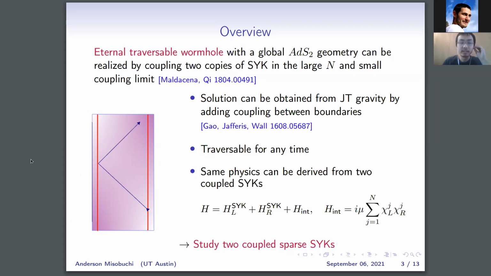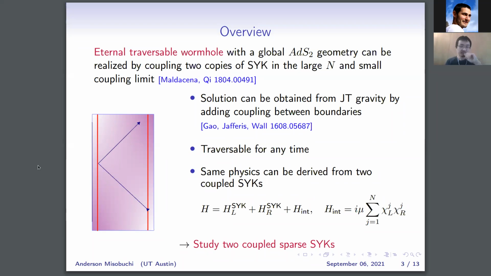This global AdS2 solution can be obtained from JT gravity by adding a coupling between the two boundaries, following a mechanism similar to the one of Gao, Jafferis, and Wall from 2016. The only difference is that the interaction here is time independent, so